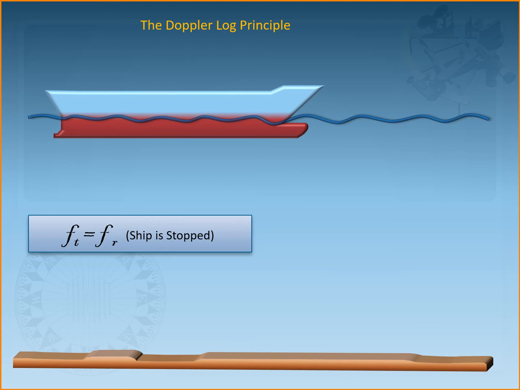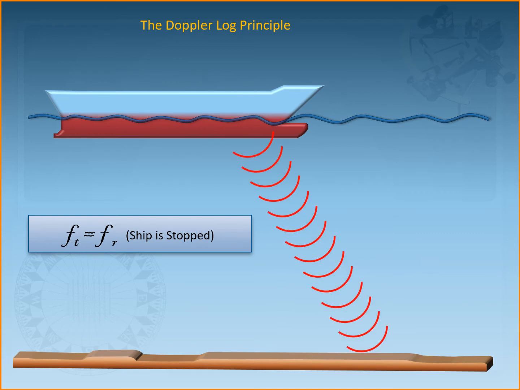Now you can see here how I am displaying that the ship is stopped. So imagine there is a ship at anchorage, and the ship tries to use the Doppler log. It sends the frequency transmitted. That frequency hits the seabed and is reflected off, and this is the frequency received. So in this case you can see that the frequency transmitted equaled the frequency received, which would mean that the